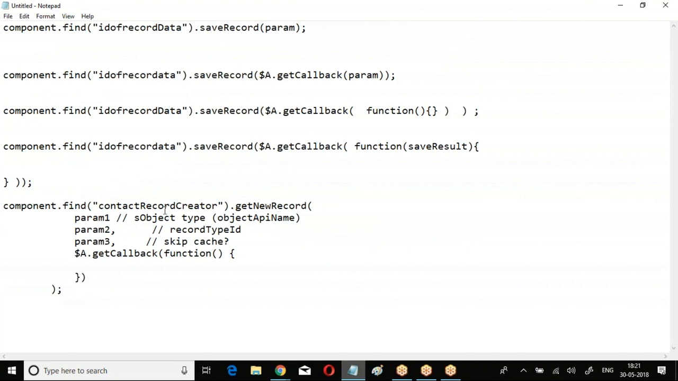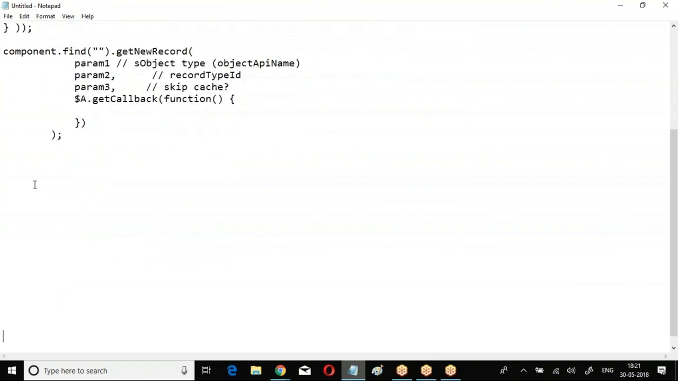Right. So how are you going to create this component? If you want to create this component, what is the method we had? Get new record. Previously it is save record. Right now we have get new record. Now first try to understand the syntax. The way you understood the previous syntax, the same way let us understand this syntax. Component dot find ID of record ID dot get